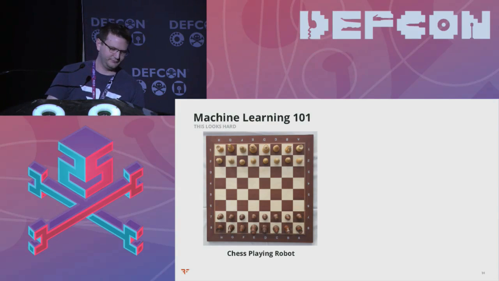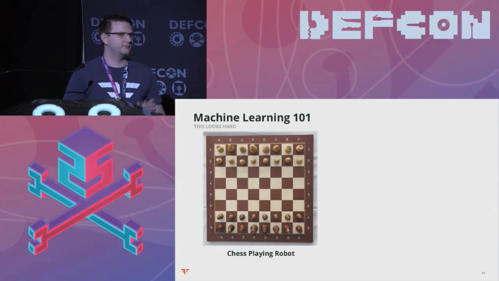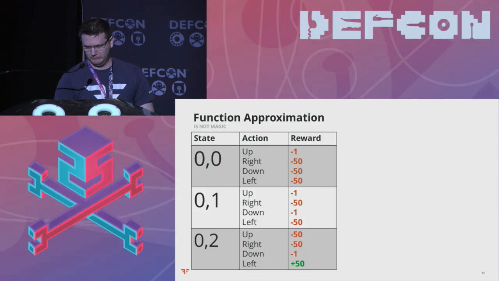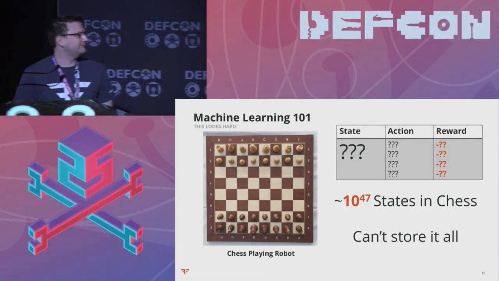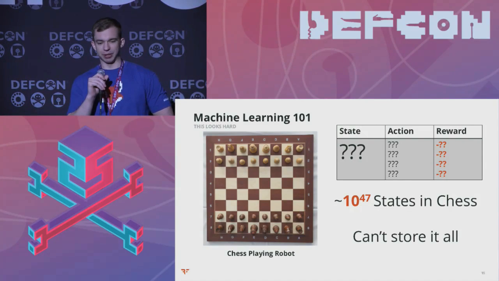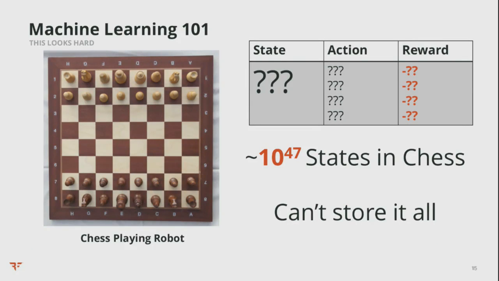Yeah, the problem is when you want to do something that's a little more complicated, for example, maybe instead of solving a maze, we'll play a game of chess. Chess is a little more complicated than our maze, and it holds quite a bit more state. As you can see, there's about 10 to the 47 states in a game of chess. And there's 16 pieces on each side, so there's going to be a lot of data to fit into our table. It's going to be very difficult, pretty much impossible to create a table, enumerate every single possible state, and decide what the best course of action is going to be.